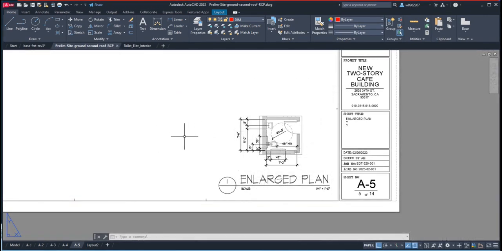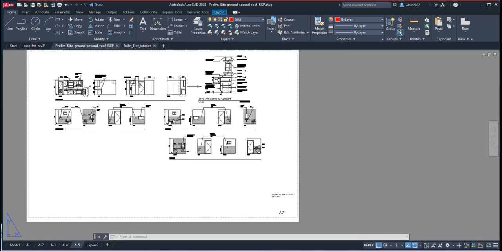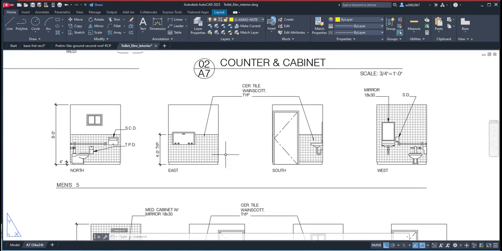Okay, the next piece that we need to do is the elevation or interior elevation of this toilet. So what does the interior elevation of the toilet look like? It's going to be looking like this. You're going to have your north, east, south, and west wall, and you're going to draw the fixtures, if there's any window, the doors, if there's any child changing station, the sink, and everything like